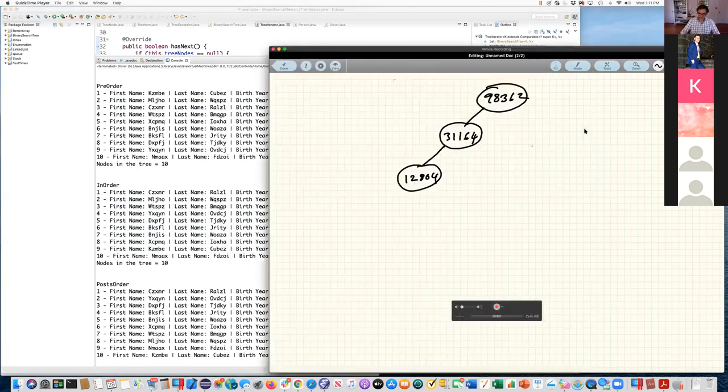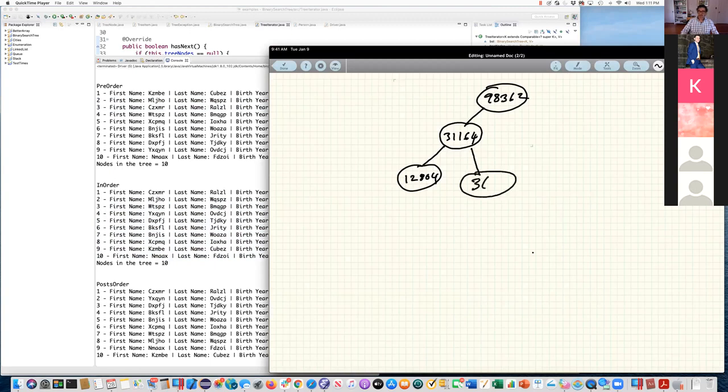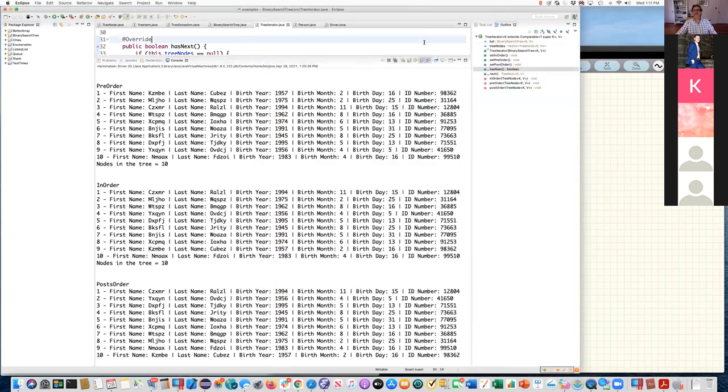So 36,885 is going to be somewhere over here. And then I have another key in here, which is 91,253.